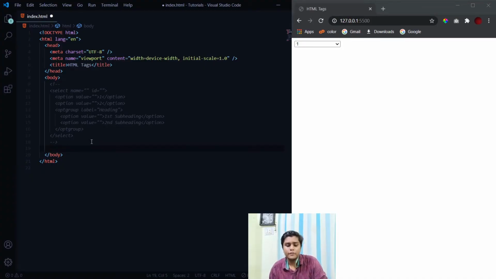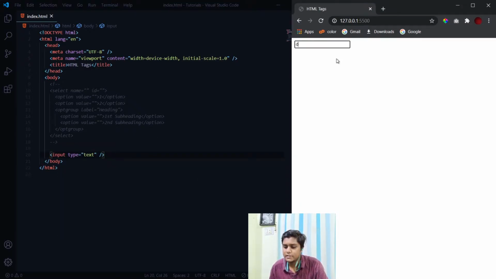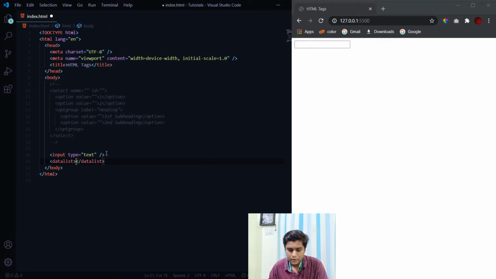Now the second tag which we will talk about is the datalist tag. It is a very important tag, and it can provide you with a very unique feature. Sometimes you want the user to have a search feature in your input fields. If I have an input field with a type equal to text, you can type any text inside here, but it won't provide you with the search functionality. So to give it a search feature, we use the datalist tag, and inside the datalist we can have different options.